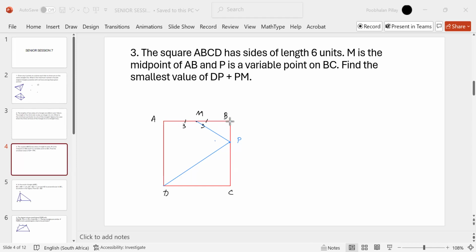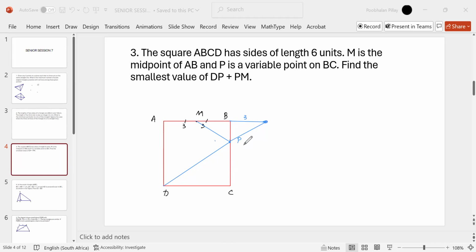So to reflect it, what we mean is, I draw something like this. Okay. And then when I'm reflecting it, this is still 3. MB is 3. And this part here will also be 3. And now P is a variable point. So I could have had,